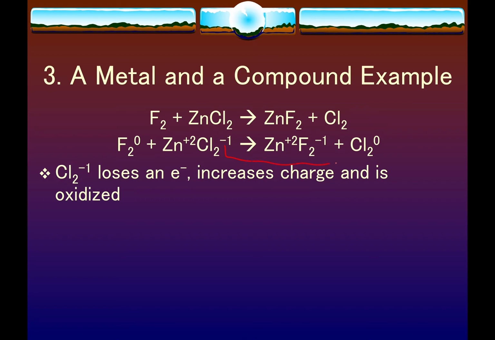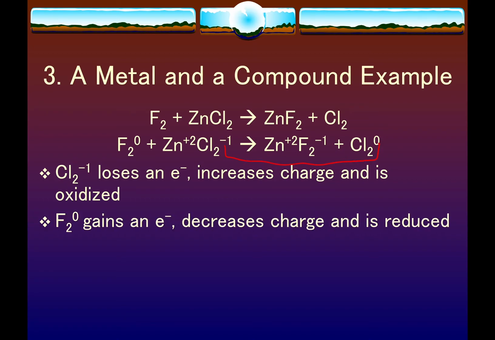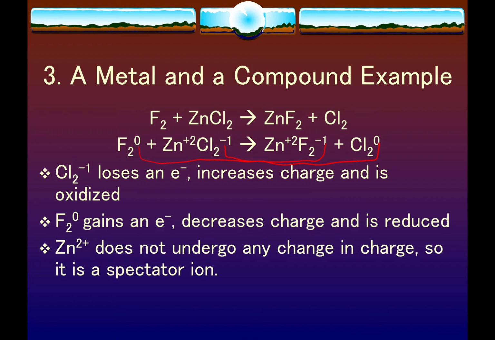Chlorine is going to go from a -1 to a 0, so it's increasing in charge and therefore has to be oxidized. Fluorine goes from a 0 to a -1, therefore gains an electron, decreases its oxidation number, and therefore is reduced. The zinc 2+ remains 2+ as a reactant and product, doesn't undergo any change in charge, so therefore it is